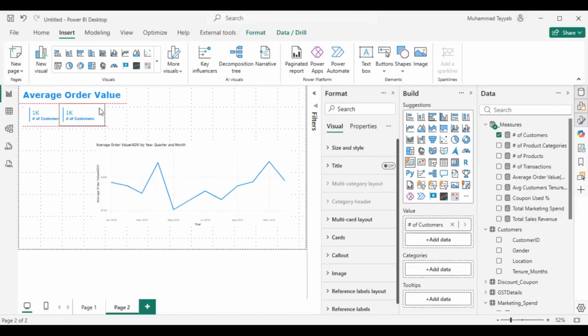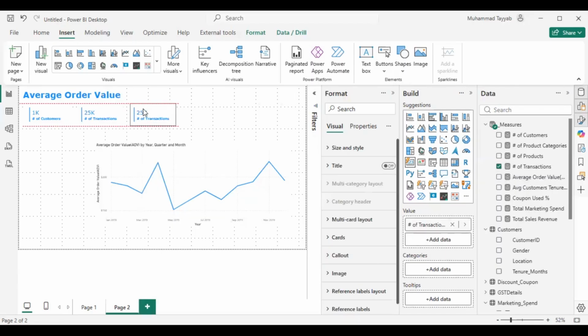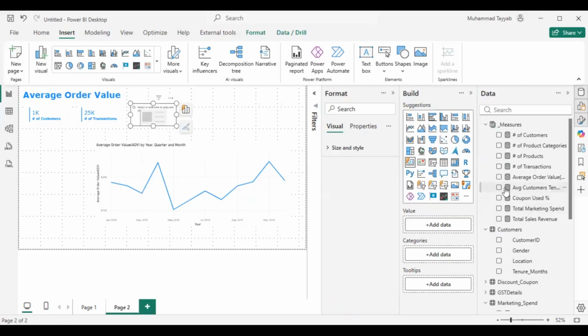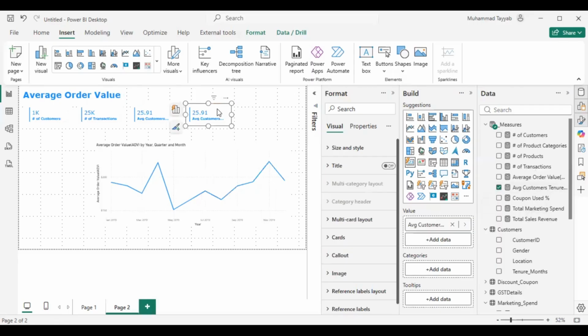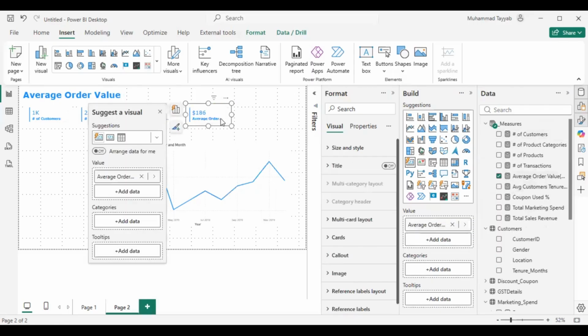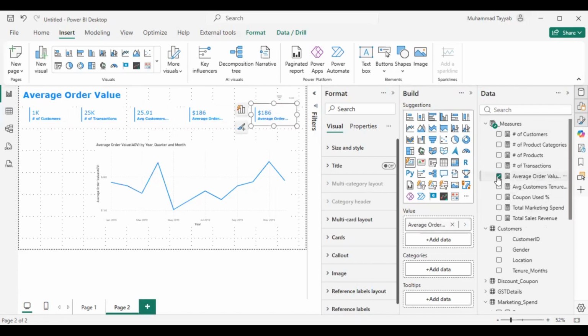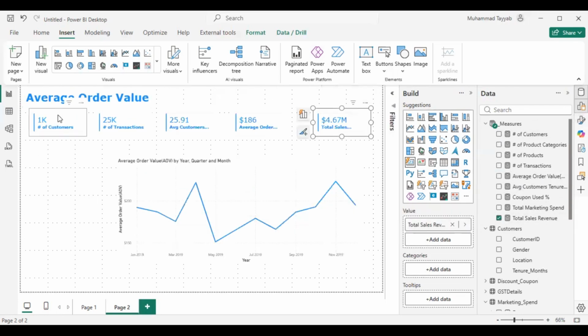The simplest and best approach would be to copy and paste again and just quickly change the fields that we added previously. We added number of transactions, and we then added the average customer tenure, and then we added the average order value, this one, and then we can also add the total sales revenue we got. Okay, so I'll just a bit format this